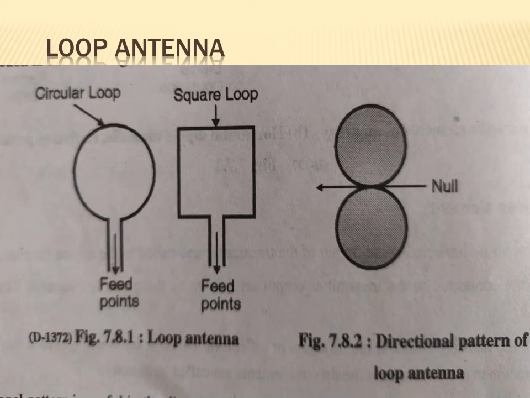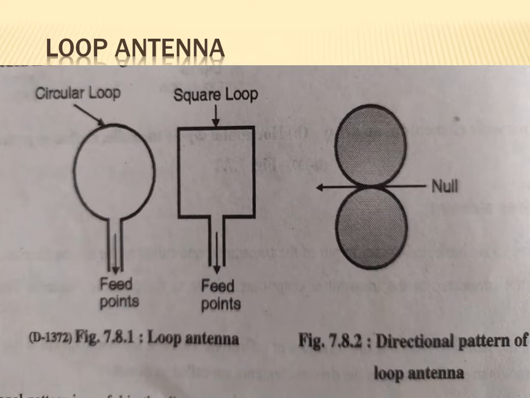Hello everyone, good morning. In the last lecture we have seen two types of antenna: the half dipole antenna and the folded dipole antenna. The half dipole antenna has a length that is a multiple of lambda by 2. These half dipole antennas are open circuited at one end and the radiation pattern is bidirectional.